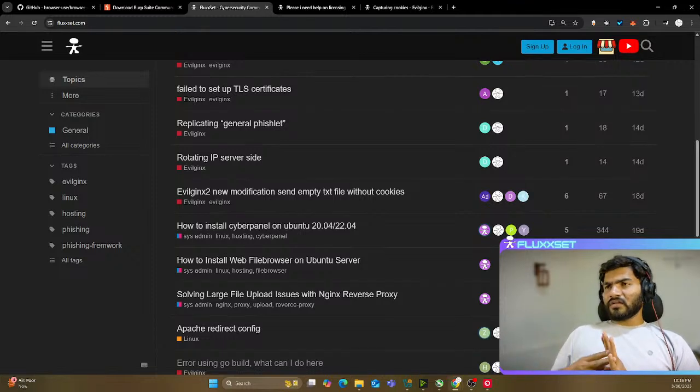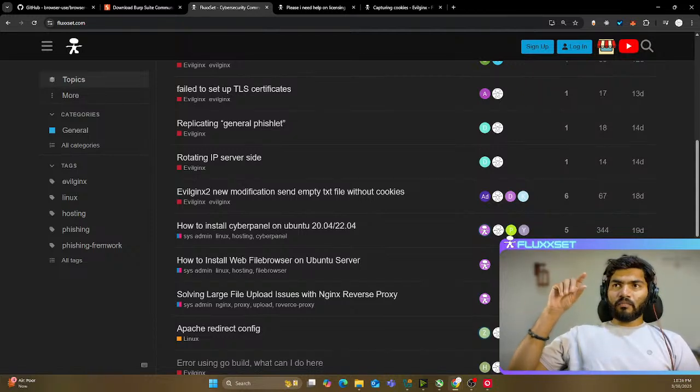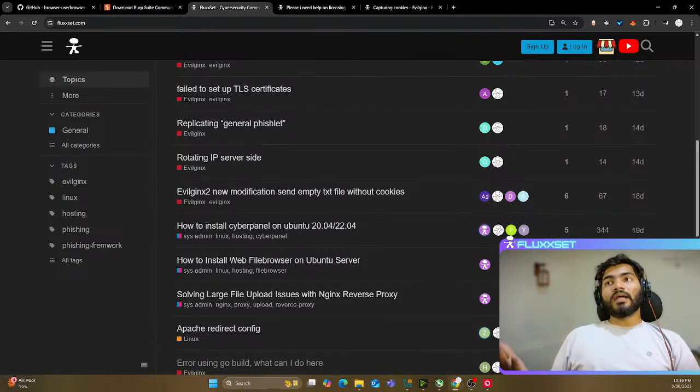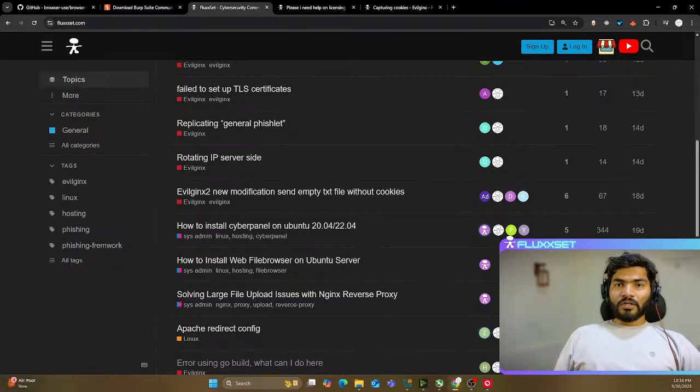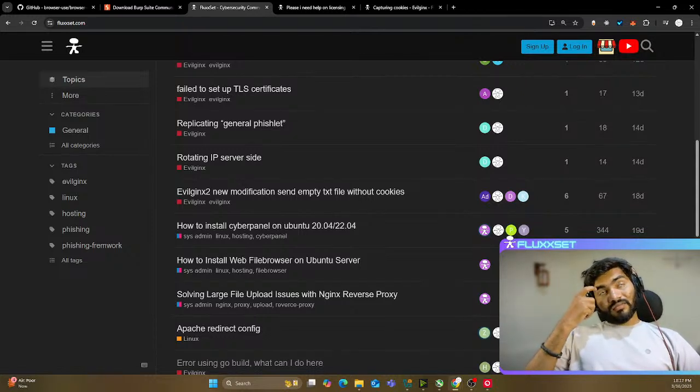The fourth and most popular is wrong DNS record. What people are doing is they are creating the A record for their main domain, the parent domain. But for asterisk.domain.com, they are not creating the A record. They are creating a CNAME record. I don't know why they are creating a CNAME record, but that's what is causing the issue. So in any of these four cases the issue will be there.